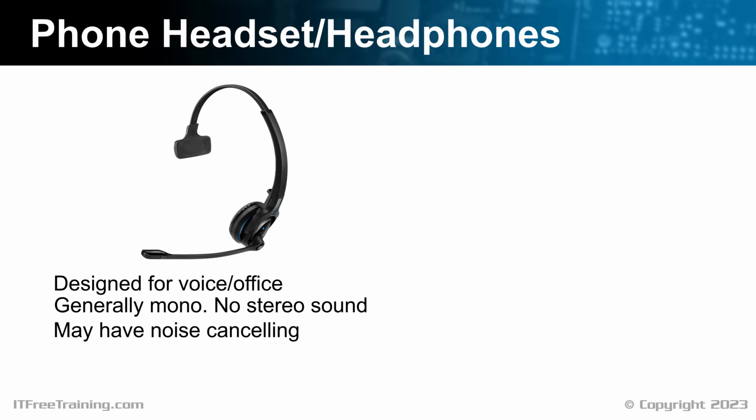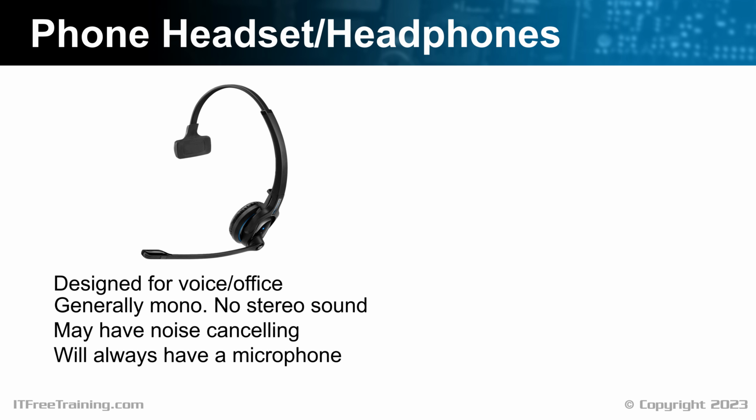In theory, it should work well. In practice, maybe not so well. Noise-canceling headphones will effectively reduce the amount of noise the person wearing the headphones will hear. It is very difficult to create a wave out of phase to exactly match what the user is hearing. If the wave is too strong, it'll distort the audio output. If the wave is too weak, you'll hear more background noise. The end result, noise canceling will reduce the amount of noise the person hears, but not eliminate it. More on this later in the video. Phone headsets like these will always include a microphone, since they're designed to be used with a telephone.